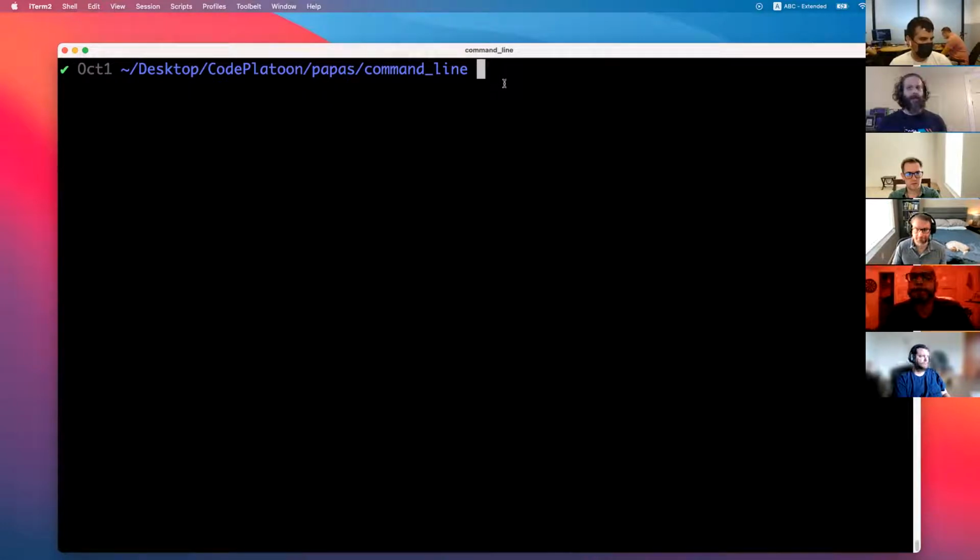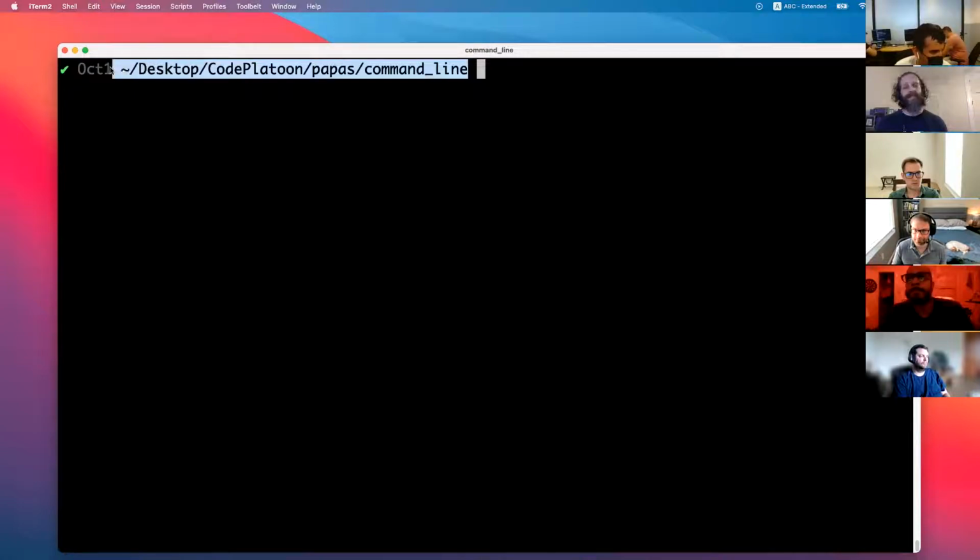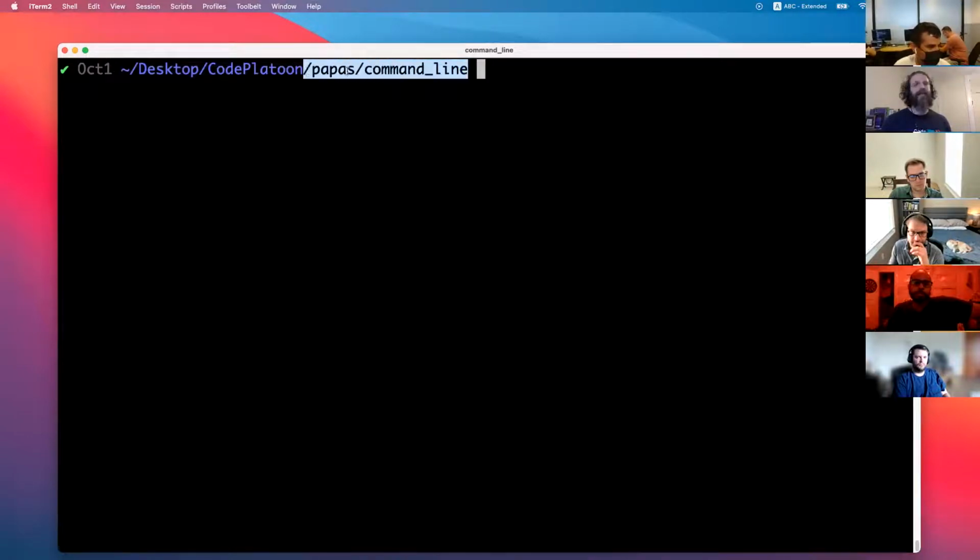So how do I know where I am in my system right now? It tells you right there. It tells your path right there on the command line. Right. So it tells me my path right here, and this is convenient. This is the way that we have set up the bash profile. But if you didn't have this, how many people haven't finished setting up their bash profile? Yeah, so you're probably not going to see anything as helpful as this. So how would you know where you are on your computer?